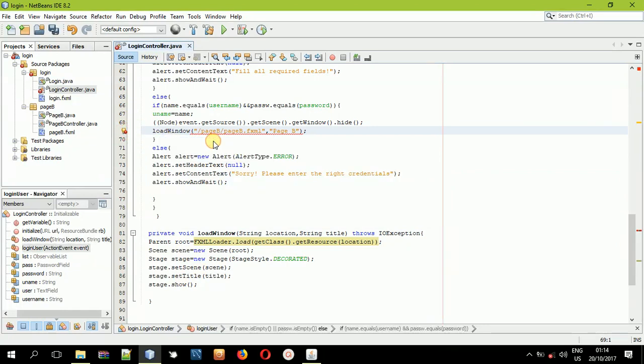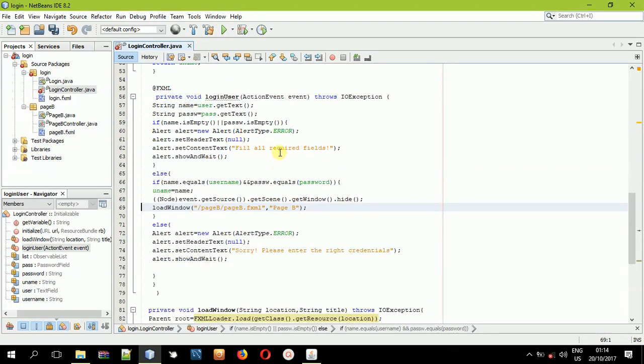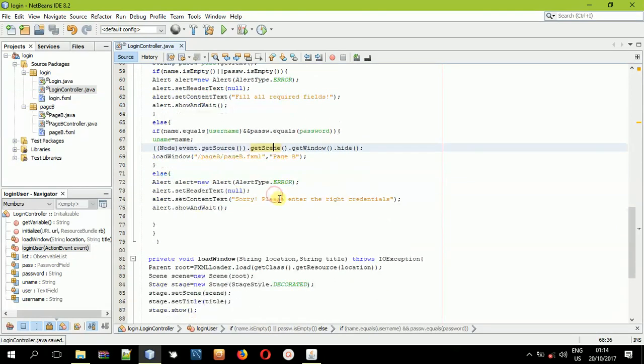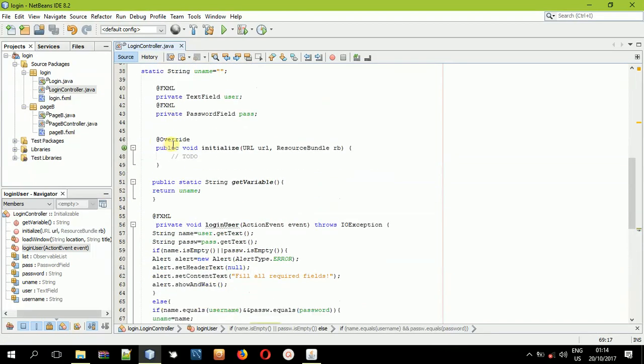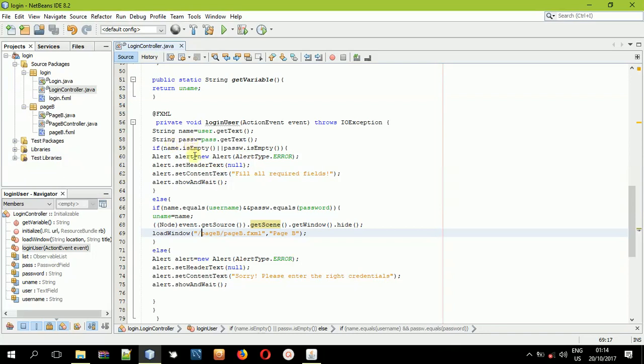So I'll throw another exception. So after doing that, now we are good to go. Since you have done this, I think you're good to go. And then so that's it. And then I'll call, because I want this uname to be located in the next page,